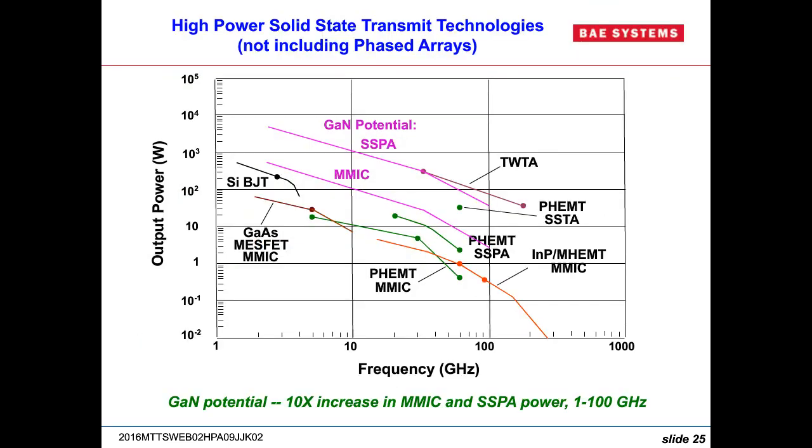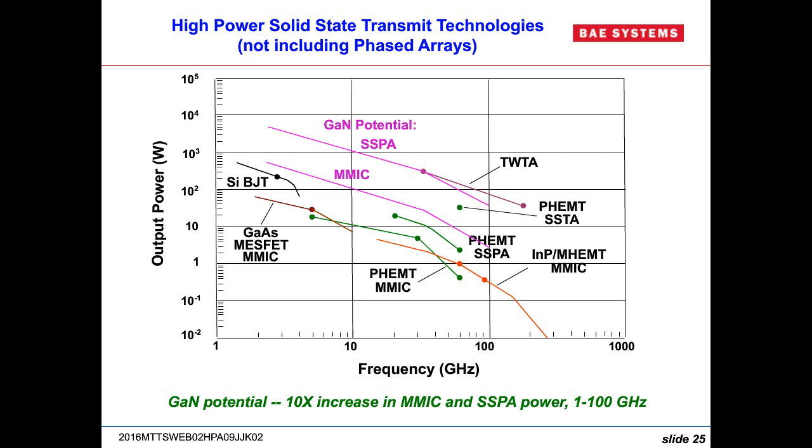Now, let's take a look at where the benchmarks have moved over the years. I've got a lot of solid-state technologies on here, and I'm showing GaN. I did not include phased arrays or the very high-power tubes, such as gyrotrons, because they would really compress the scale with their megawatt-plus type of power levels. But you can see that GaN HEMT has totally changed the equation in power amplifiers in terms of their performance.